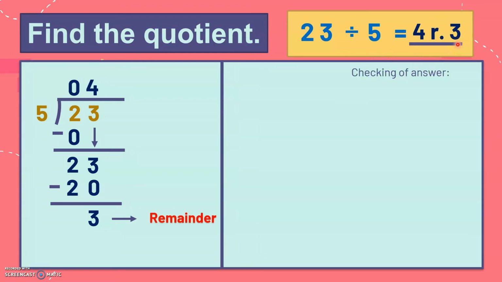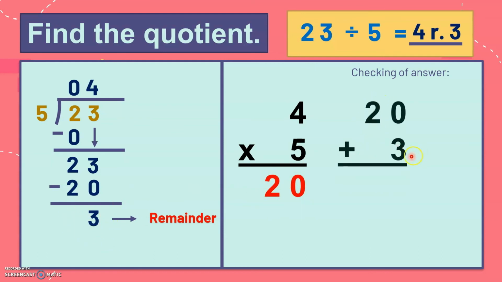Again, to check it, we'll multiply the quotient and the divisor. So 4 times 5 is equal to 20. And then add the remainder. So 20 plus 3, the remainder, the answer is 23. Same with our dividend, 23. Okay? So, for our last example,